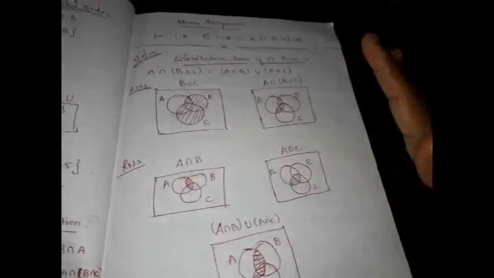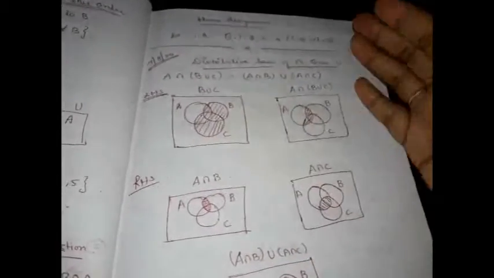And for the right hand side, find what is A intersection B. Then find what is A intersection C. And then find its union. Right? Check whether the left hand side and right hand side are equal. The only concepts you should remember while doing a Venn diagram are union, intersection, difference and complement. Union means we will write all the elements of A as well as the elements of B, so when you are shading also, you should shade the complete two sets. When we talk about intersection, we will write only what is common, right?